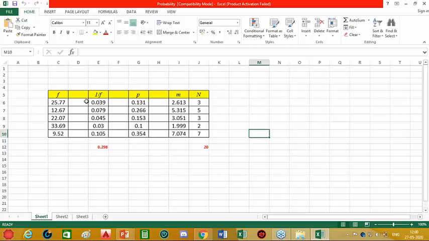What we do now is take the reciprocal of this particular fitness value. Then based on this, we find out the probability as 1 upon, you can see in the equation formula bar, 1 upon this value multiplied by the sum. This is basically the sum of this particular column. So this value is obtained by 1 upon this value, that is 0.039, divided by 0.298, and we will get this probability. Similarly, we can find out the probability of assignment for all those particular solutions, or the solution itself also represents the employed bees. So thus we find out the probabilities for all those particular solutions.